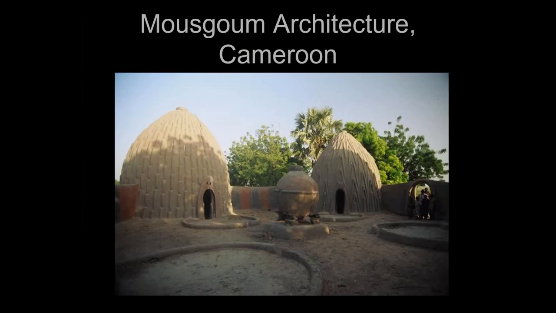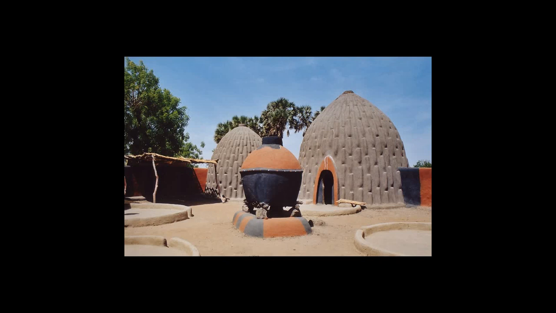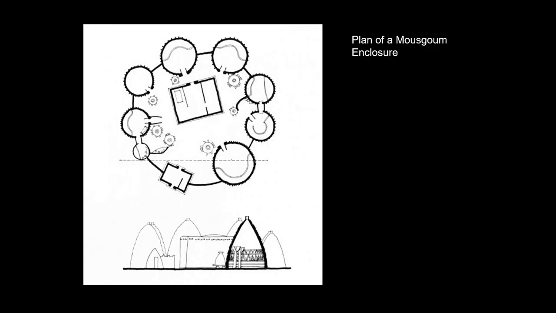One of my favorite forms of architecture comes out of Central Africa, the Musgum architecture of the Cameroon, which is unique entirely to this tribe. They would make their villages out of cob. Cob is a mixture of plant fiber and mud, but instead of building it in mud brick, you would apply it directly into a form. And they would build these interior enclosures that would have houses that would face towards the interior. This gives you protection for your animals, but also protection for you.